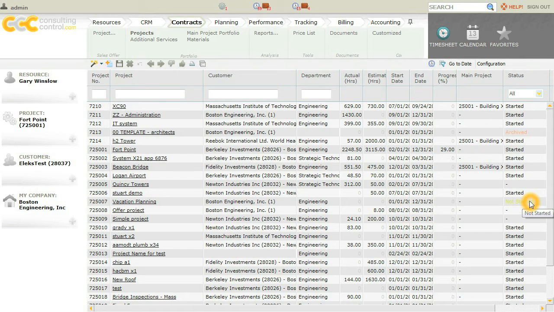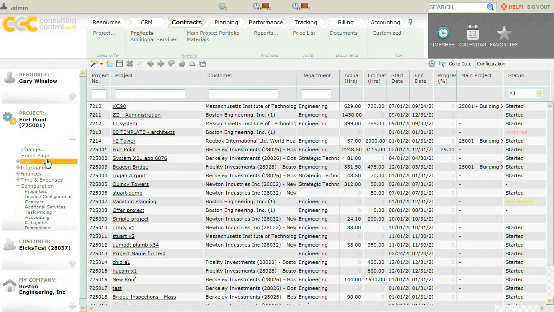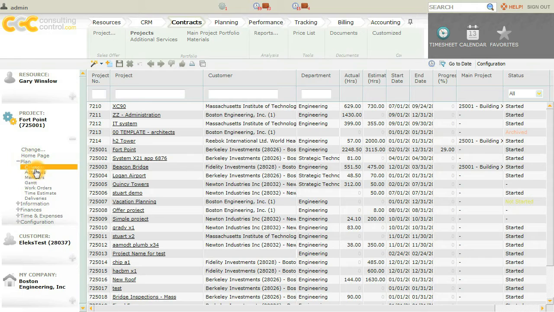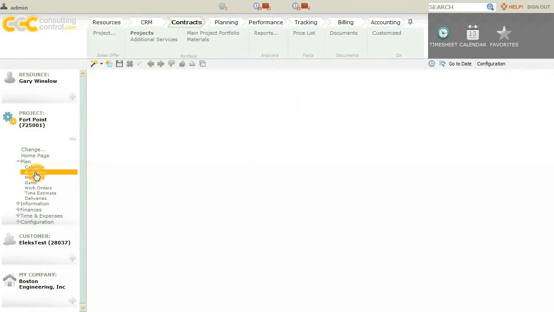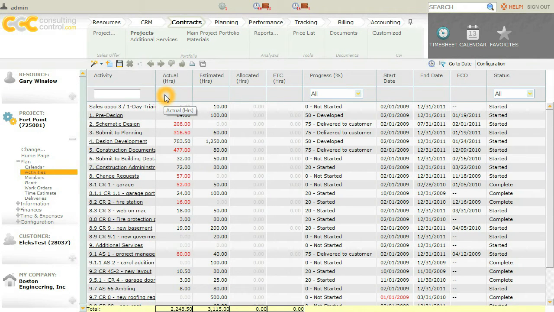Next, we can look at Activity List, which we access over here in our Project menu. We click on Plan and Activities. Here, we see a list of all activities that have been defined within this project. We have the activity name, we have the start date, the end date for each activity, and the status for each activity. Adding a new activity is as easy as clicking on this new button here,